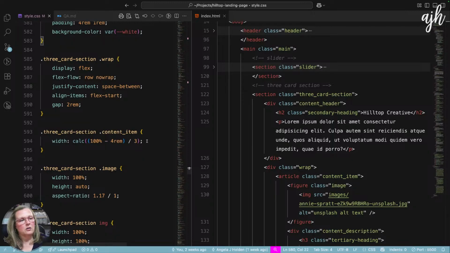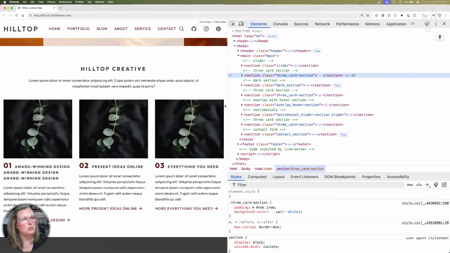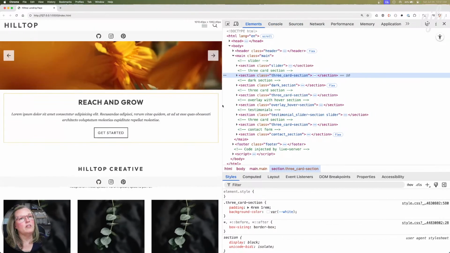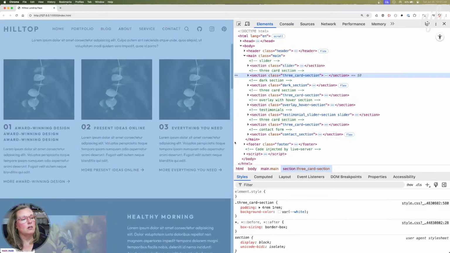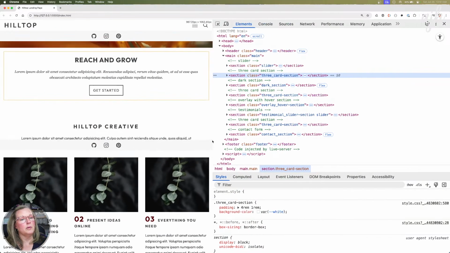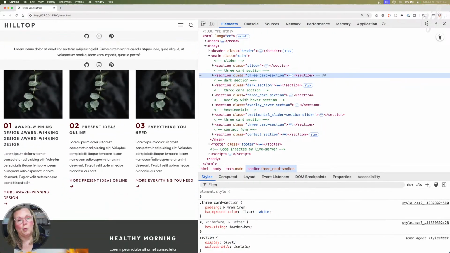So our cards, we're just going to drop this down. So our navigation goes into mobile at 1024 pixels, but I think our cards hold up a little bit longer. So I'm actually going to do